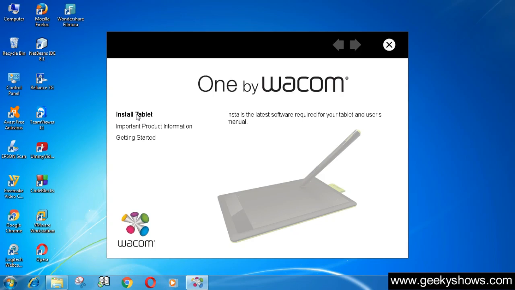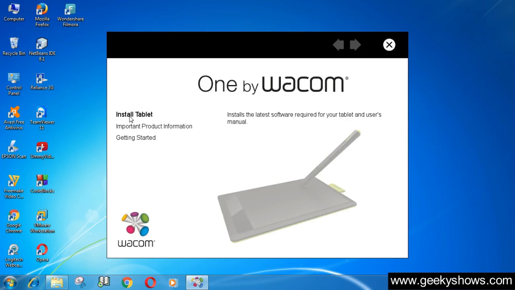And yeah guys, one more thing I want to share with you. You do not need to install the driver and software for using this tablet, because if you're using Windows, then the driver will be installed automatically when you insert the USB cable. So it is not necessary to install this software or driver for using this Wacom tablet. But if you want to configure this tablet, then you must install this software.